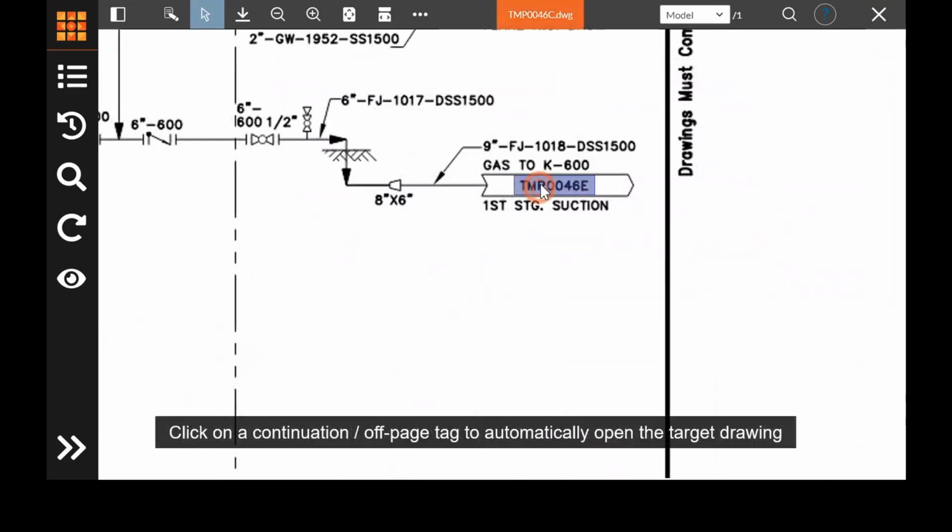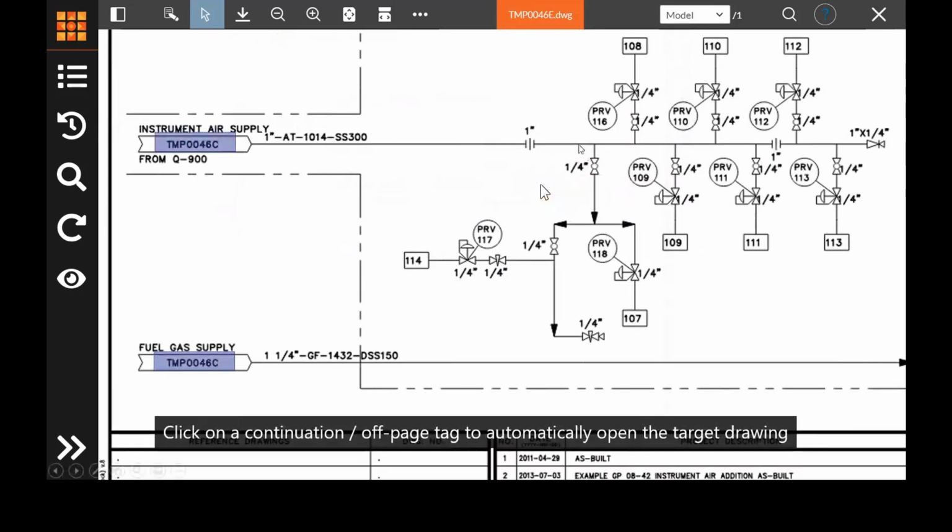And now we get to the continuation tags. Now this is really the low-hanging fruit. This is where it very often gets engineers' attention straight away, because they spend a lot of time moving from document to document. And the example that we used before, when you're walking the line, continuation tags mean that you can simply, when hotspot's involved, click on the tag and it takes you to the related drawing and it shows you the entry point. So we've come from drawing 46C and we're now on drawing 46E. And that's as quick and easy as you can get in terms of navigating from one drawing to another.